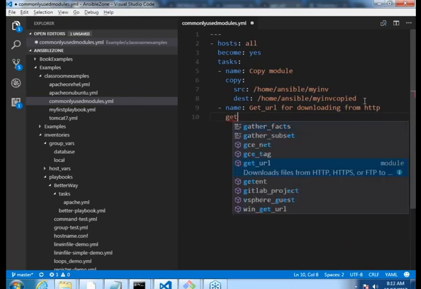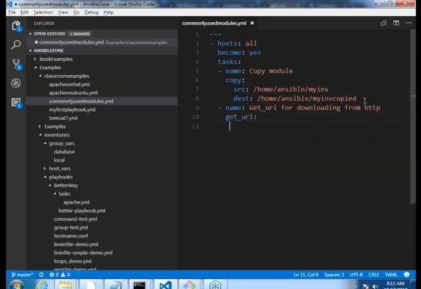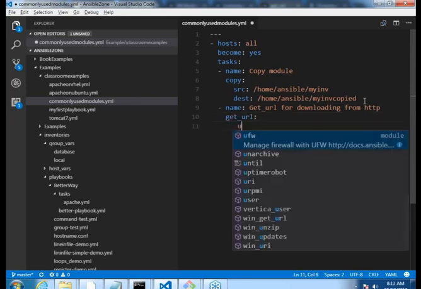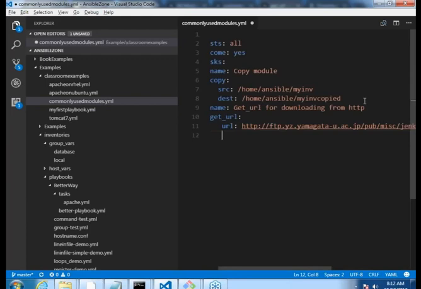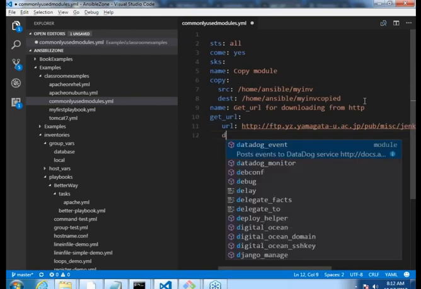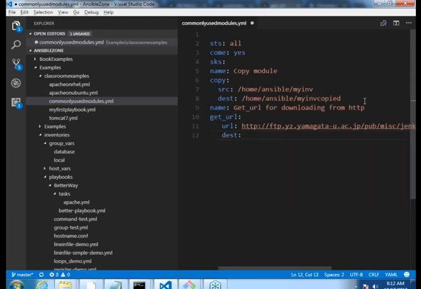In get_url, the property url will become the source. So directly copy your link over here, and then destination. Destination is home, ansible, Jenkins.war. That's what I wanted.